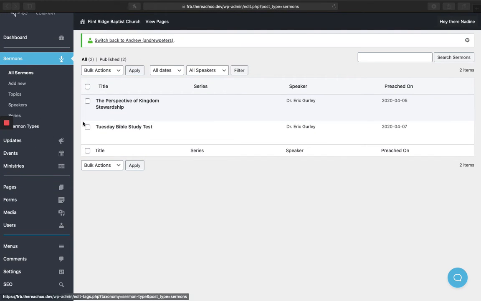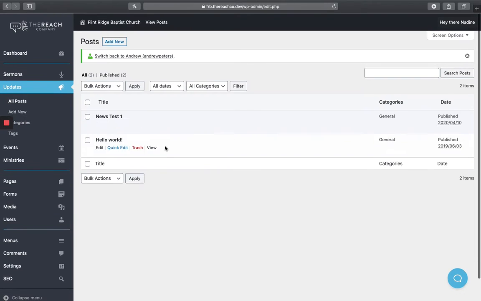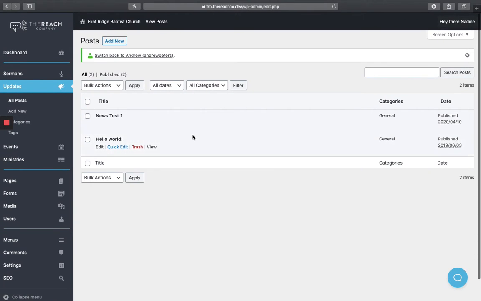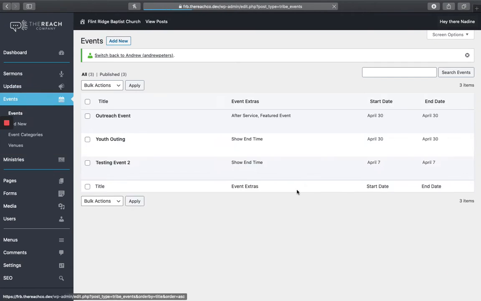Next we have our updates, which is like our blog post kind of area. We just have two test posts right here, and then the category that they belong to, the date published. Next we have events. I always like to clean up the events I have. Right now I just have these few things showing,